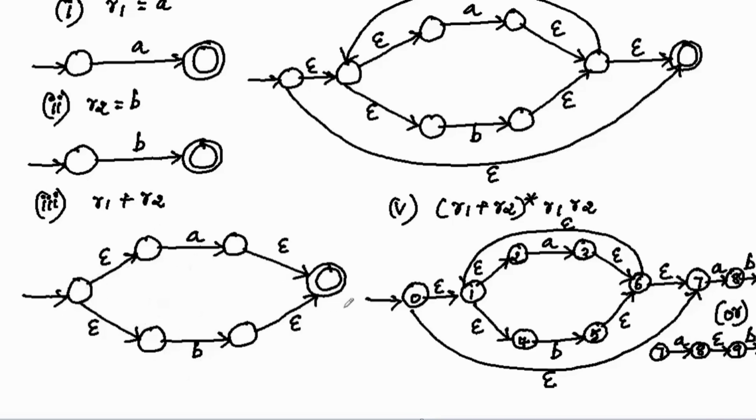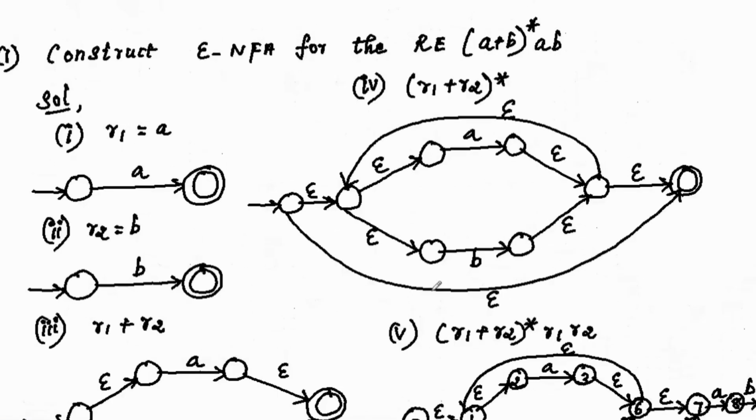Create a starting state and final state. Connect the starting state to the start state of both fragments through epsilon transitions. Connect the accepting states of both fragments to the new accepting state through epsilon transitions. Next, we finish the union operation a plus b, then do the closure operation, a plus b raised to